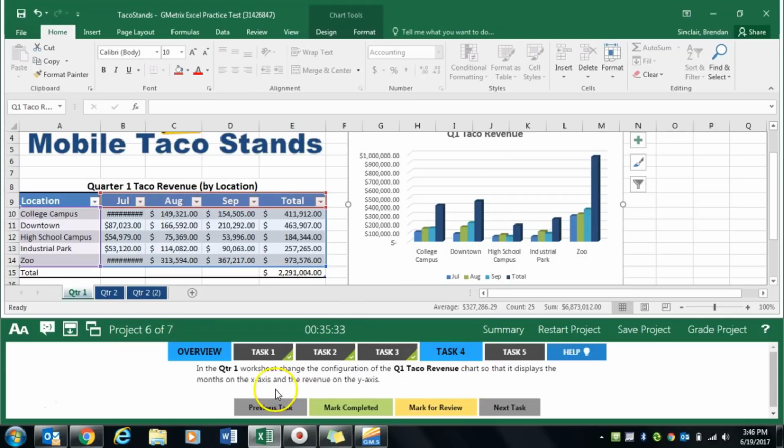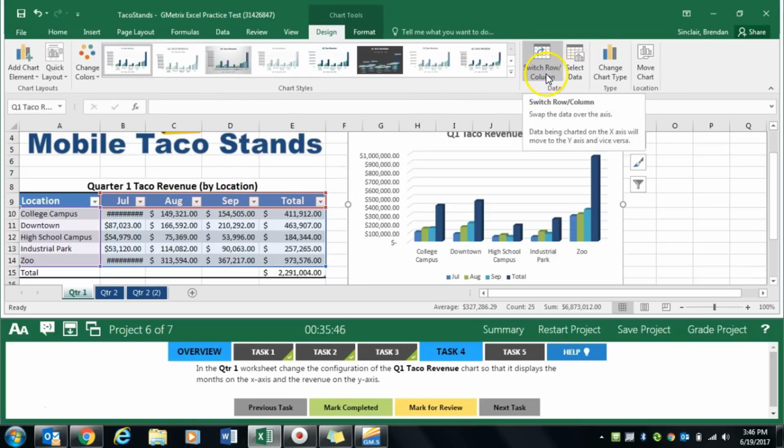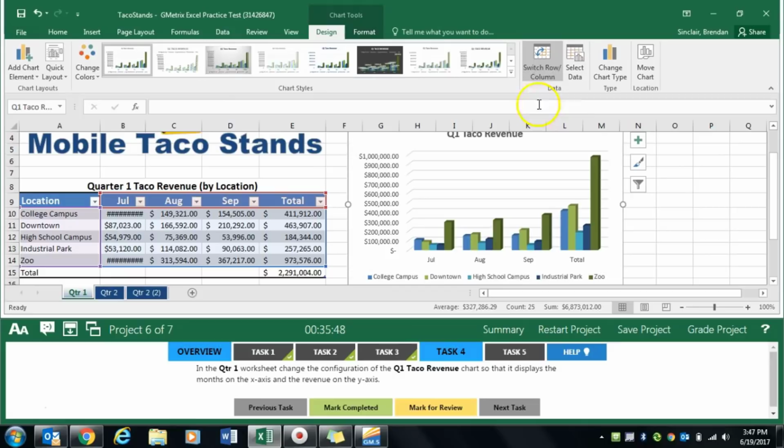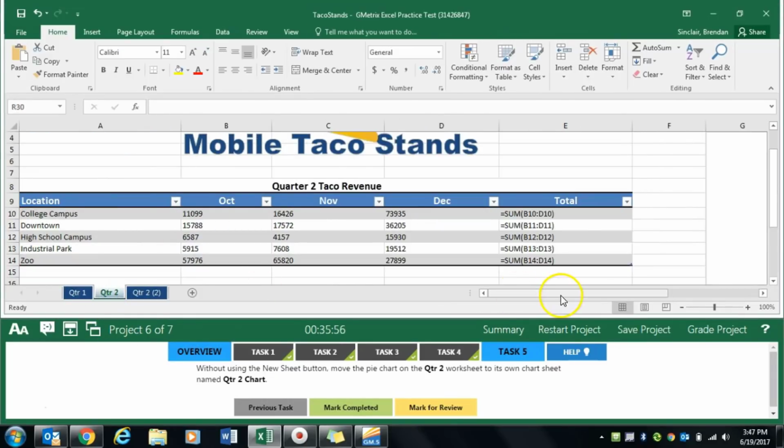the X and Y. So what we're going to do is from here because we have that chart selected, we're going to get these special tabs at the top for chart tools. We'll click Design, and we'll click Switch Row Column, and it switched it all for us. We'll click Mark Completed, and Task 5 asks us to go to the Quarter 2 worksheet, and it has us